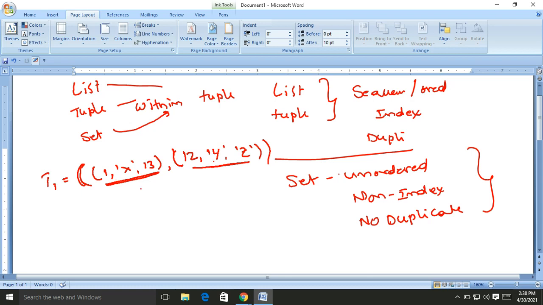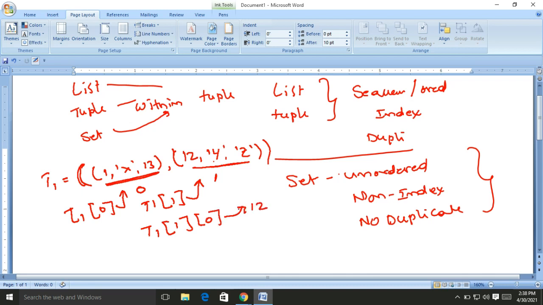Within the tuple T1, this is the 0 object, and this is the second object, indexed by 1. T1 of 0 means the first tuple, and T1 of 1 means the second. To access the internal elements, we write T1 of 1 of 0. It will access the element 12, right?